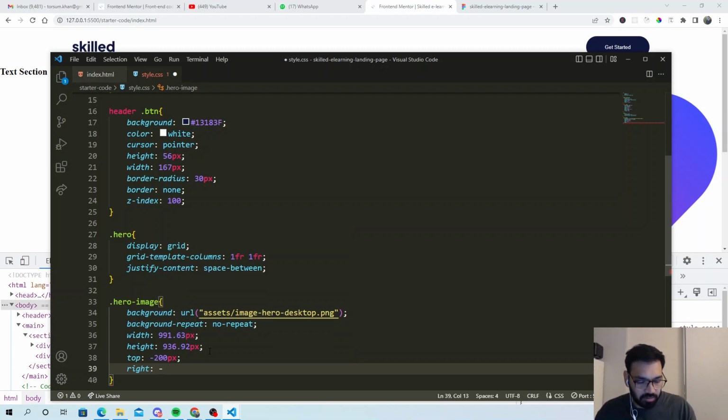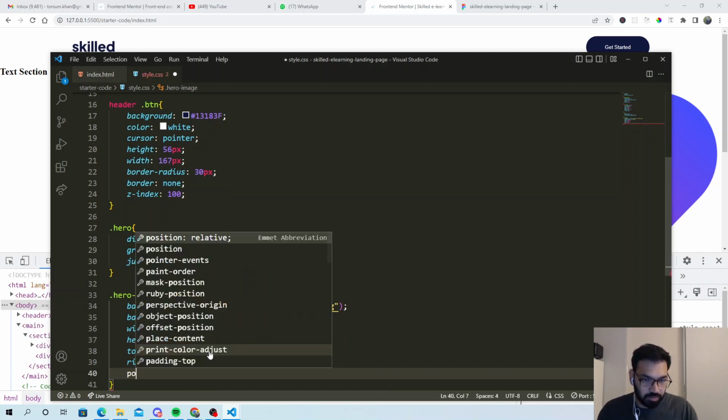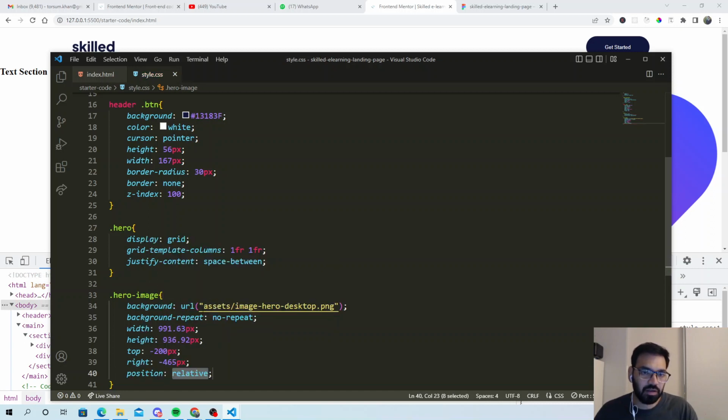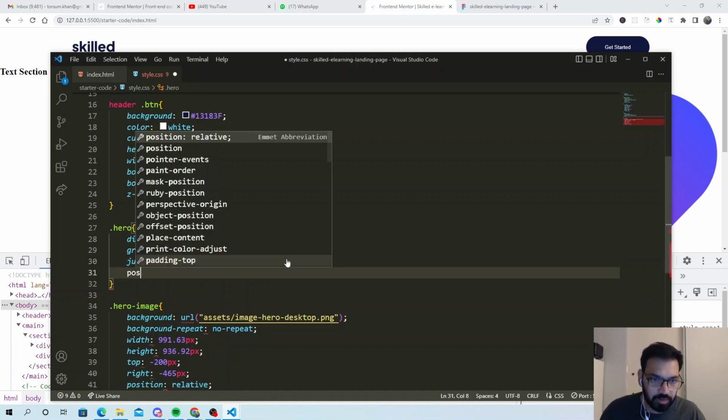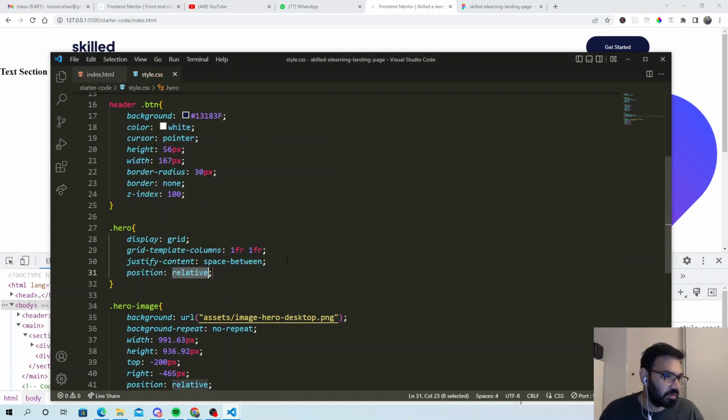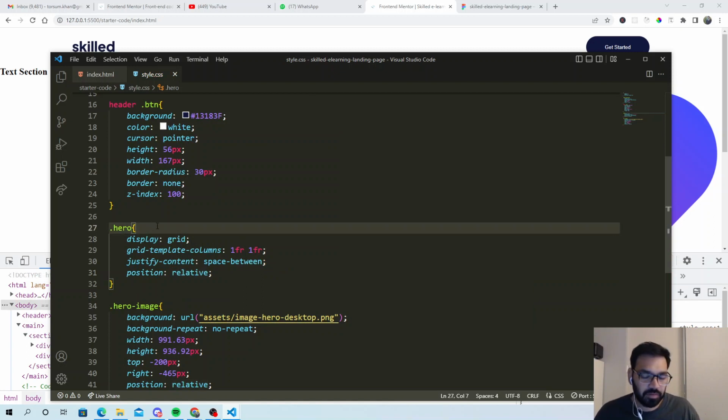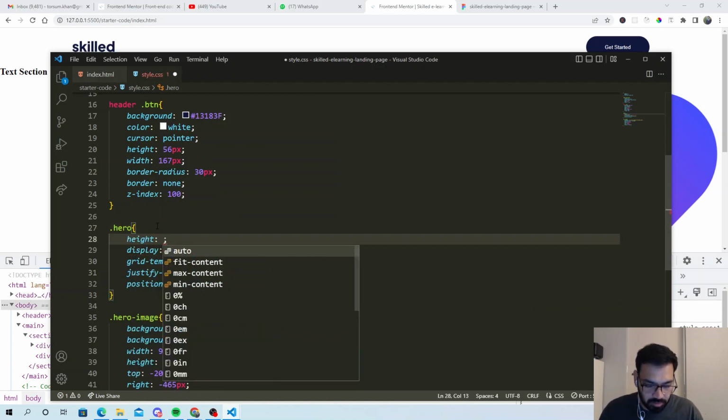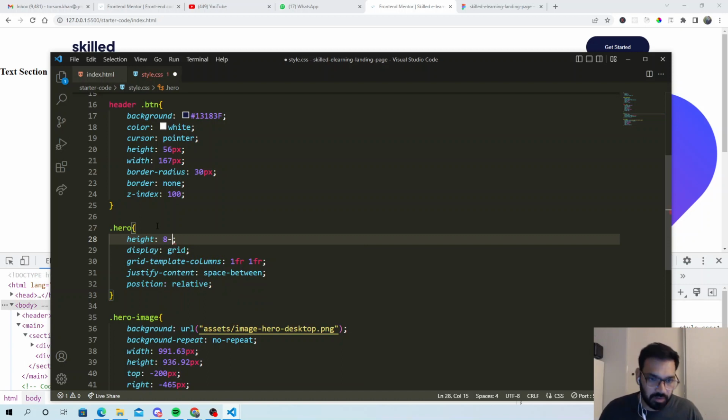Let's do minus 465 px. Let's do a position of relative, and I think we need to position of relative, say height of 80vh. I think 100vh is a bit much. I think this should